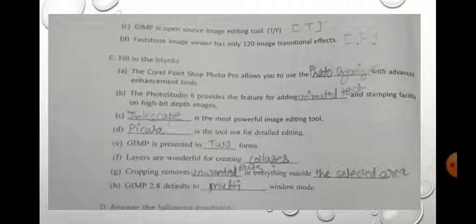Next is GIMP is an open source image editing tool. This statement is true.